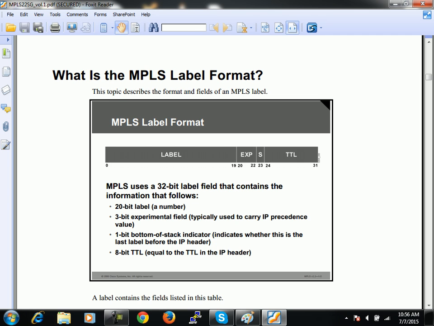Next bit, this is 1 bit only, and this is known as the S bit. S bit means bottom of stack bit. As I said, you can have multiple labels in between the layer 2 and layer 3 header. How will a label come to know that after this label there is no other label before the IP header, that this is the last label before the IP header, and now it has to hand over this data to the IP itself? For that purpose, here we have the S bit. If this S bit is 1, it means now it is having the IP header, and after that it does not have any other label. If this S bit is 0, it means it is also having some other labels in it,